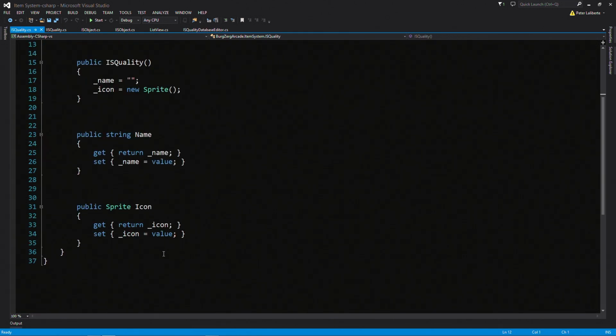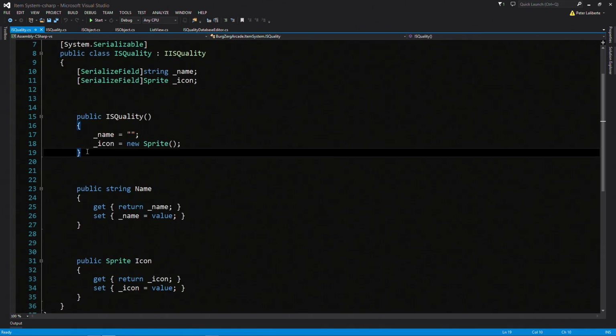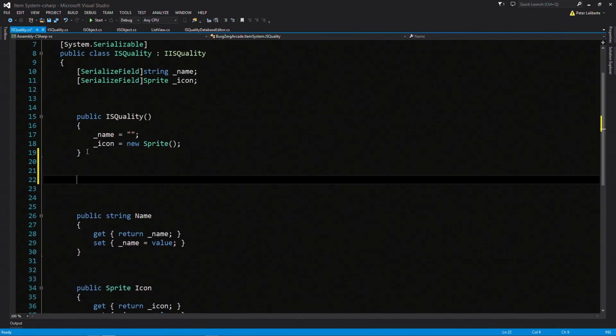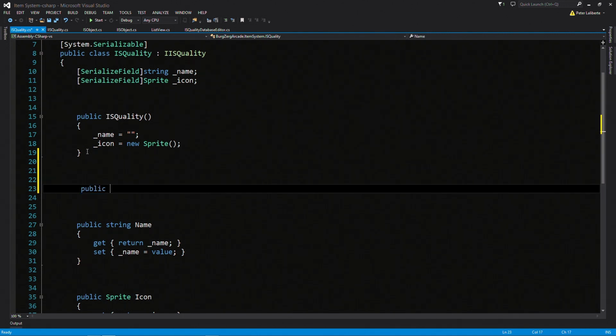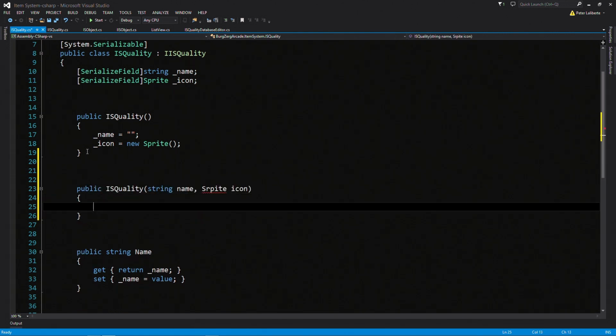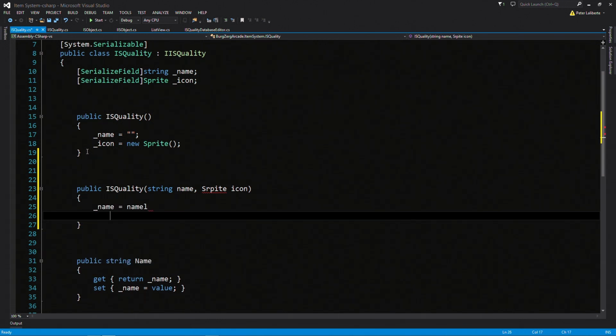There's not a whole lot here. We just have a couple methods. Actually, there's one more method I want to add here, which is an overloaded method for the constructor. And I just want to be able to pass in the name and the icon as well. And of course, we'll just go ahead and say name is equal to name. And let's actually get it right. Icon is equal to